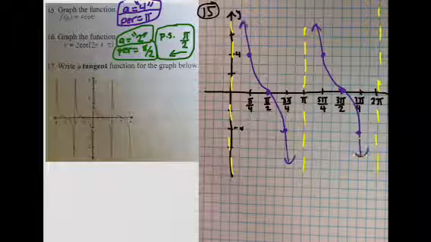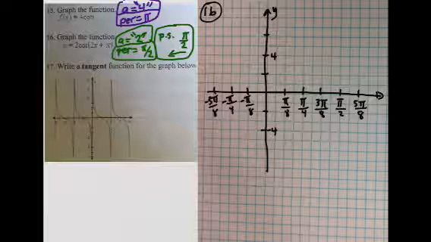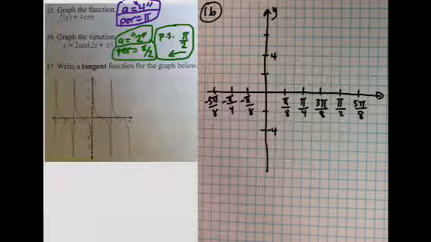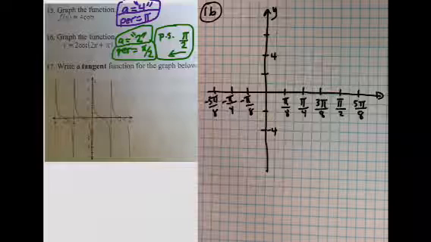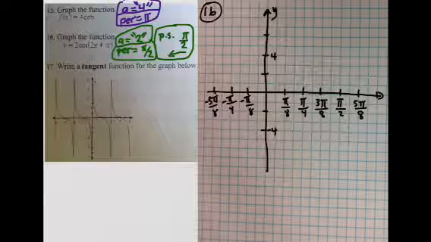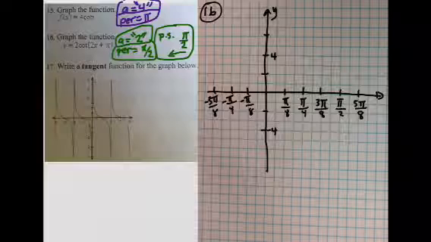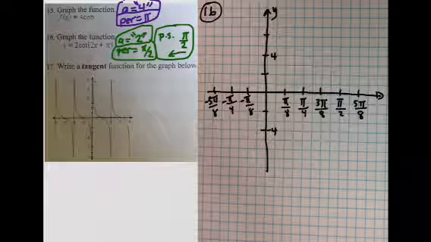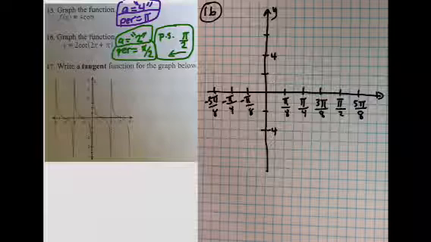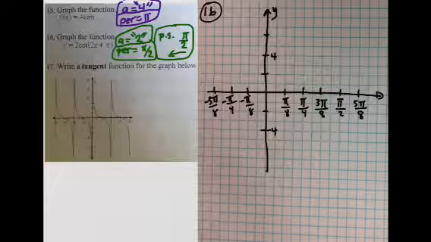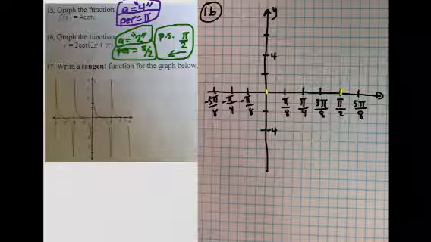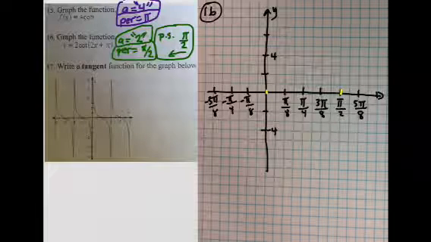And that's it. Alright, for 16, the a value is 2, so there's a vertical stretch by a factor of 2. The period is pi over 2, and phase shift, when you set the argument equal to 0, you get pi over 2 to the left, or negative pi over 2. So the period, the asymptote would go here and here, but since we're moving pi over 2 to the left, again, just like